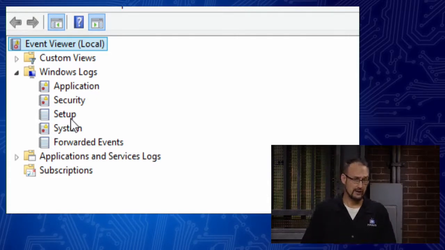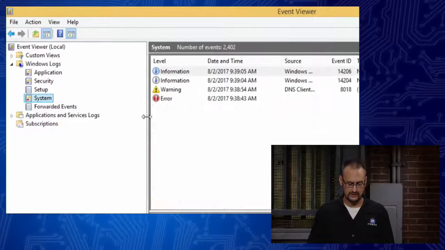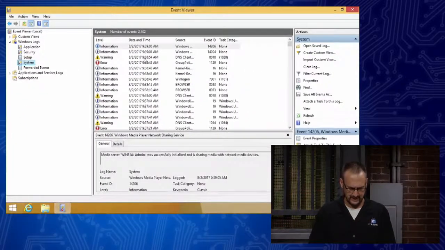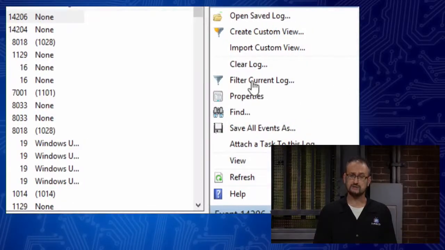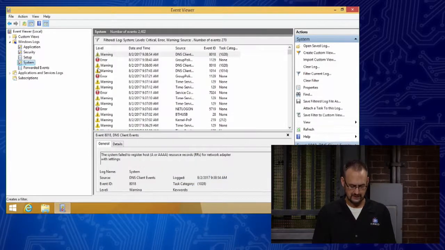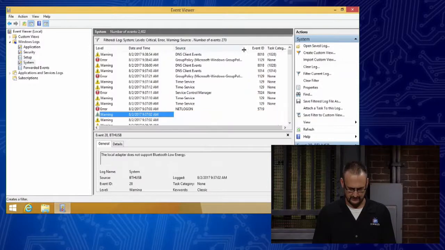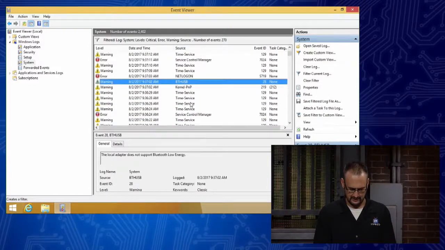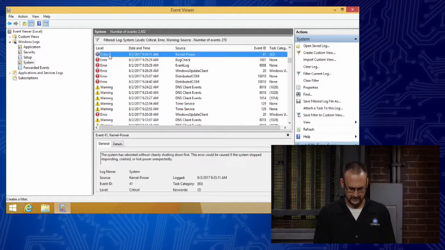So the log that I'm looking for is the system log, right? And when I choose the system log, one of the things that you might notice is, let me see here, if I'm going to filter the log. Over here on the actions pane on the right-hand side, I'm going to choose Filter Log, and I'm going to do Critical, Error and Warning, and I'm going to choose OK. And I should see in here somewhere, let's see if we can find it. And if not, I don't have a critical. Oh, there's a critical. There we go. That's what I'm looking for.